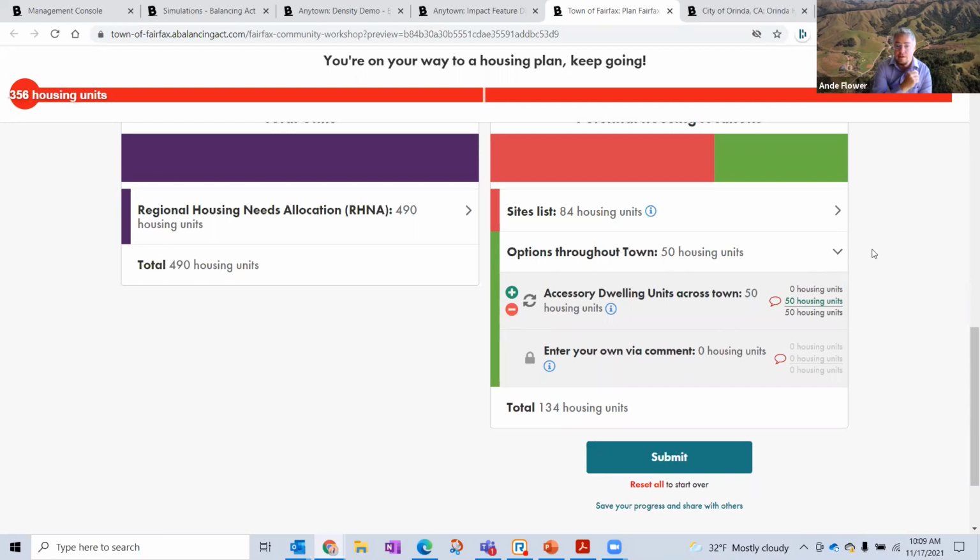We also have options throughout the town. So we have the accessory dwelling units across town. And we already know the number most likely that HCD is going to accept, but we did bump this up to allow for people to go even beyond that. And we'll help explain that, maybe in the workshop, but certainly when we get feedback exported from this program and bring it back to the audience. Because if there is an appetite that's even bigger than what HCD would allow, then we want to pursue opportunities to increase that so that maybe we can see more than that minimum that HCD has us calculated